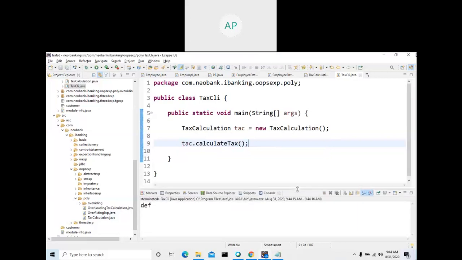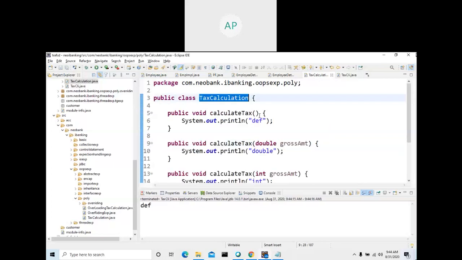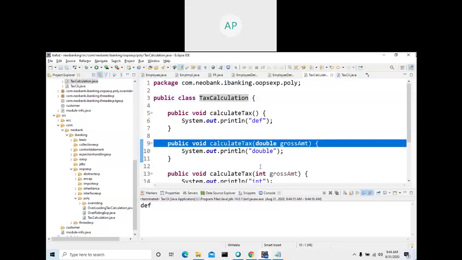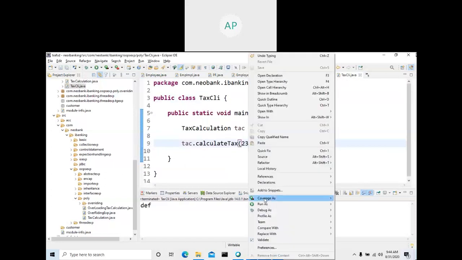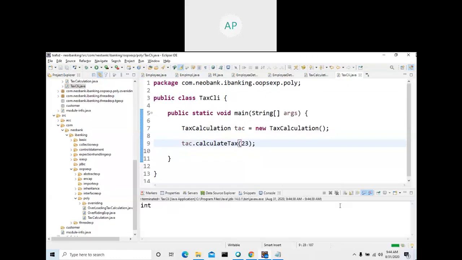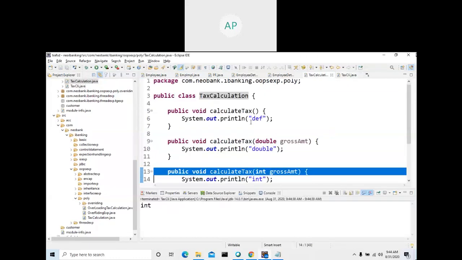It says default. So if I give one integer value 23, which method will get executed? A method which has one parameter. Double or integer? See here, will it call double or integer? See now, it called the integer.